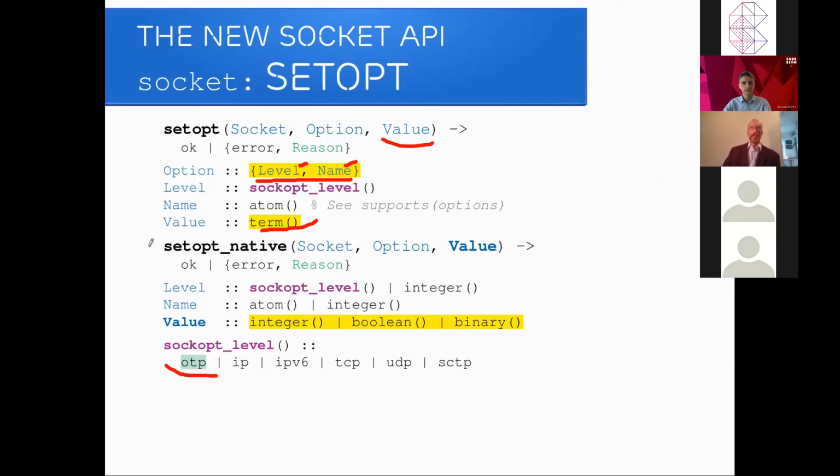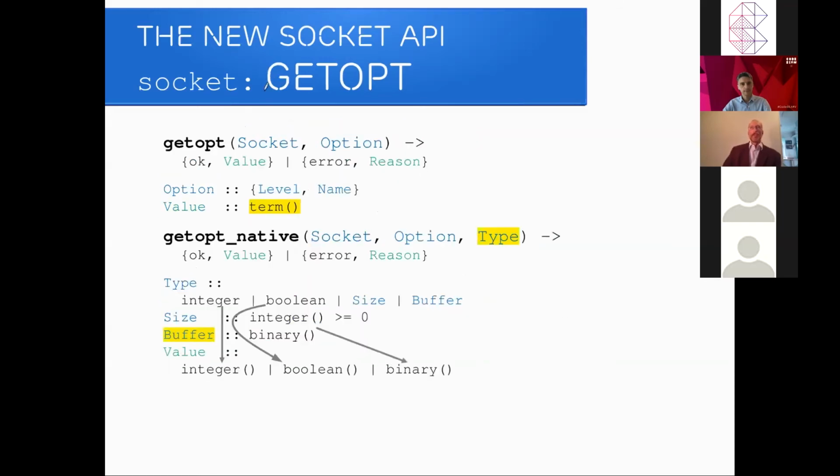There's also a native setopt function that takes integers for level and name that you will have to look up in the system headers. And the type of the value decides how this value should be encoded for the operating system. The getopt return value also depends on which option you are asking for.